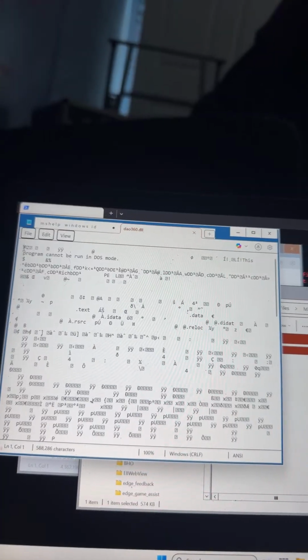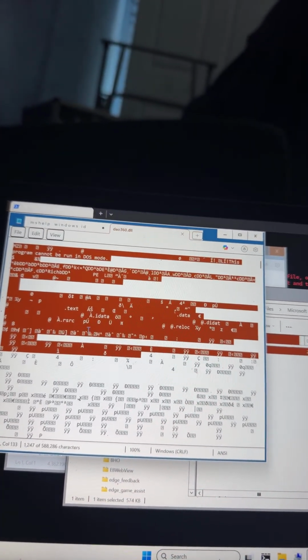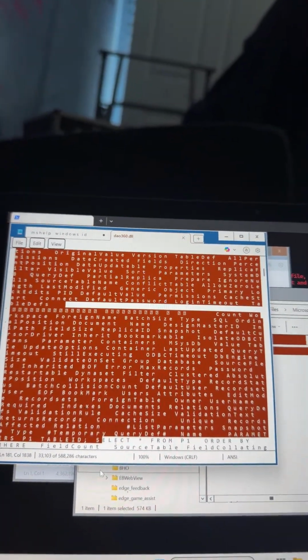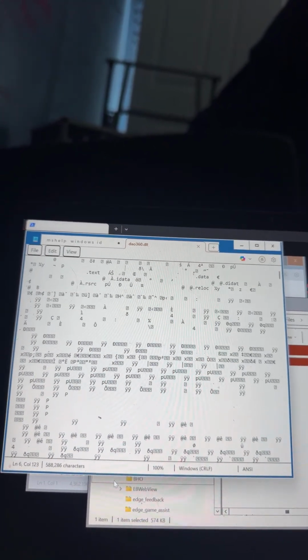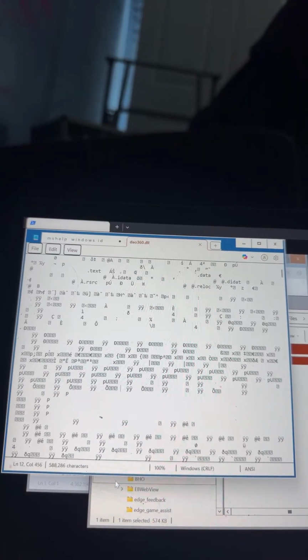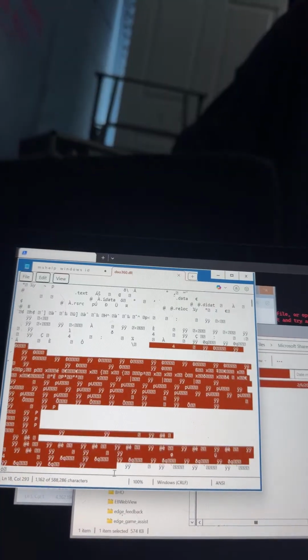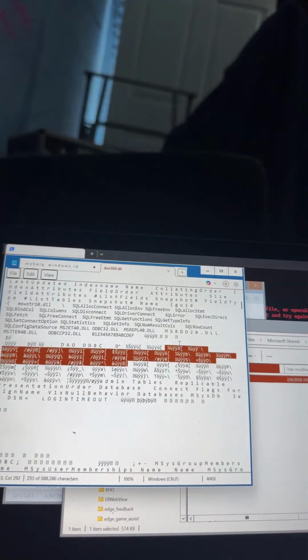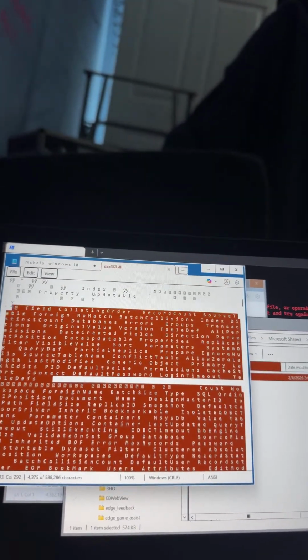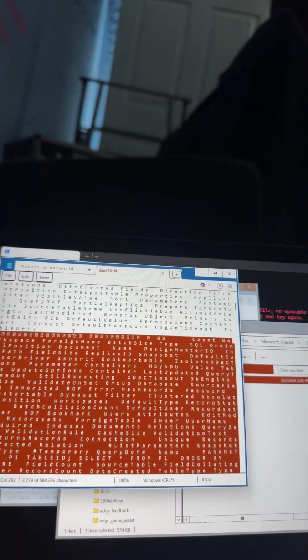There it is. Okay, so see, then these come up, and it looks like just gibberish, but then when you start to go through it, all of a sudden, oh, there's the text. It's hard to record and do this at the same time. Where was it? Right there. Oh, there we go. Okay, so right here. And if you highlight it, you can see it a lot easier. But look,